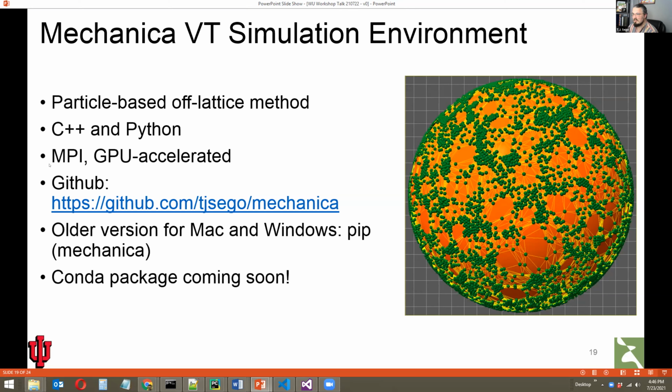This is available on GitHub if you're interested, as is CompuCell. I don't think I included the link, so if you're interested, please just email me or I can put it in the chat in our last few minutes. So both projects are available on GitHub. CompuCell is available at compucell.org, whereas for Mechanica, there's an older version that's available via pip. One of my current projects is making a conda distribution available. So for those who may be interested, in the very near future, it will be a command away from your terminal to be able to actually run this and play with it yourself.